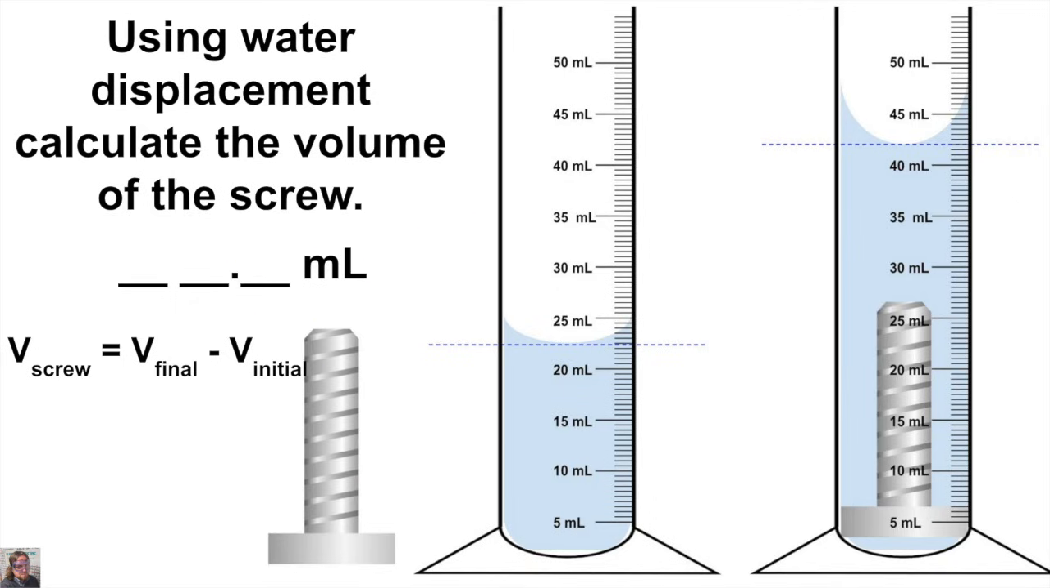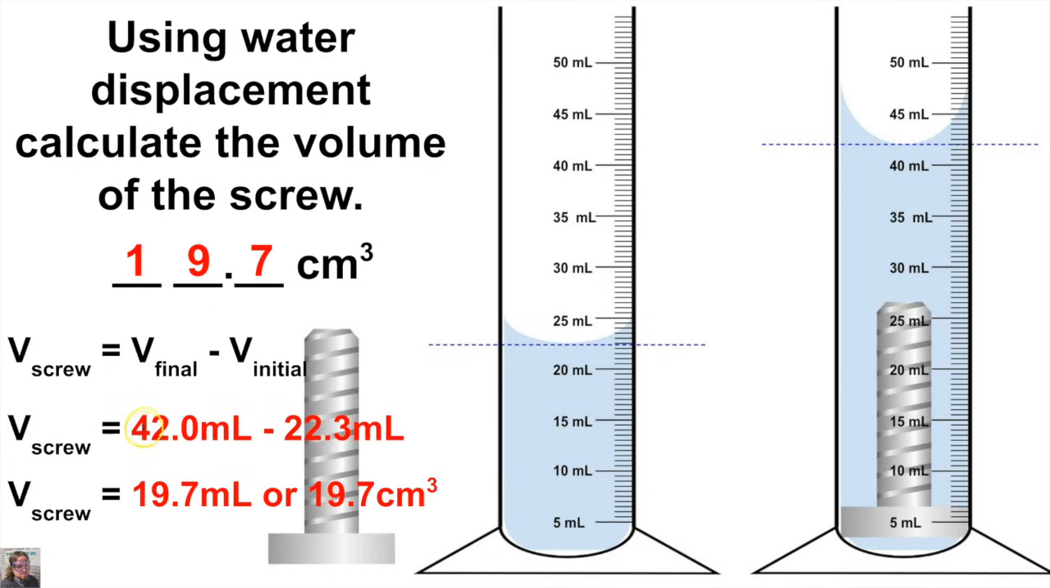So if we take a close look here, we can see that the initial volume of the water that is in this graduated cylinder here is 22.3 milliliters, right? We're going to put the screw in and the water level is going to rise, and the final volume now of the water that is in this graduated cylinder is 42.0 milliliters. And so to get the volume of the screw, it's simple. We take the final volume minus the initial volume, and when we do that, we're going to end up with